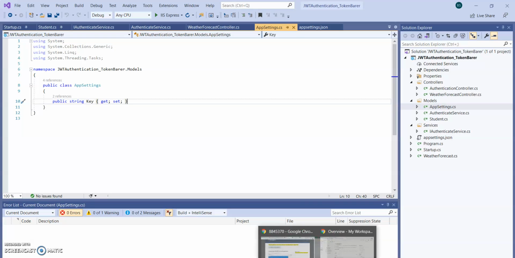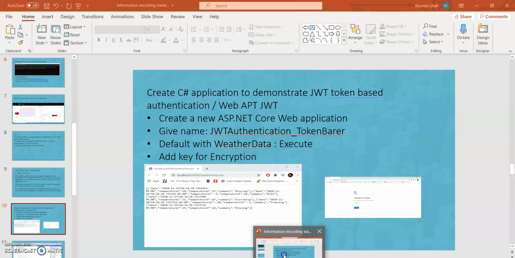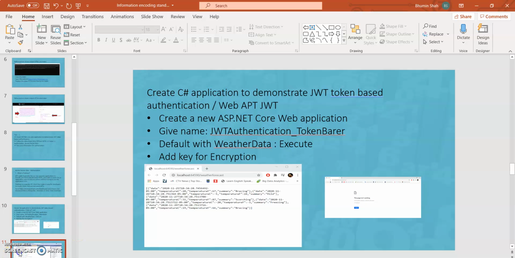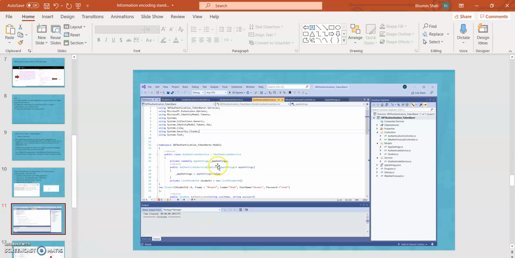And then when we run the program, before that we can see the output of the temperature, but after that we get that the page is not working. So this is the last